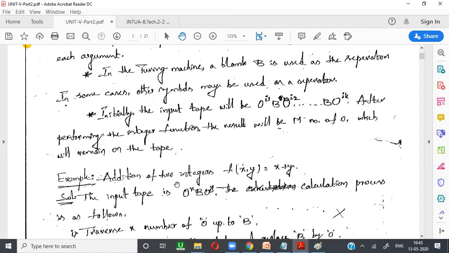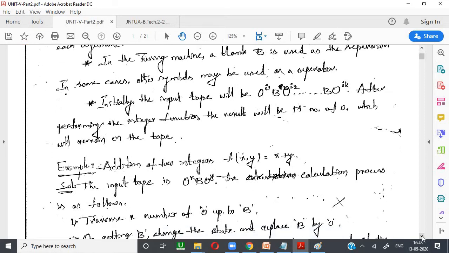Here what we are doing is we travel along the input tape, and every 0 on the left-hand side will be replaced with x, and the right-hand 0s also replaced with some symbol.